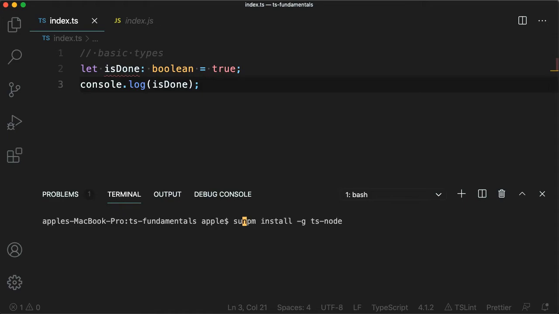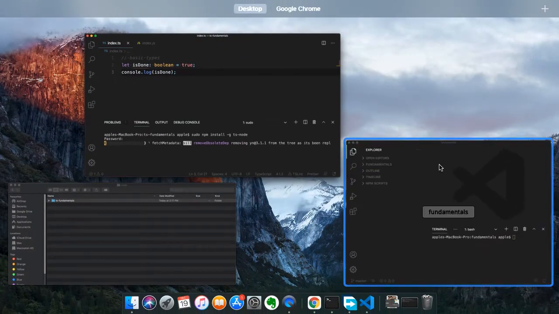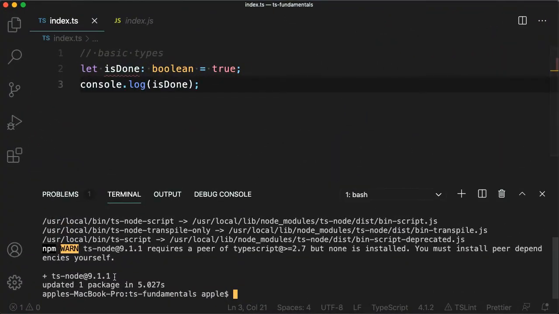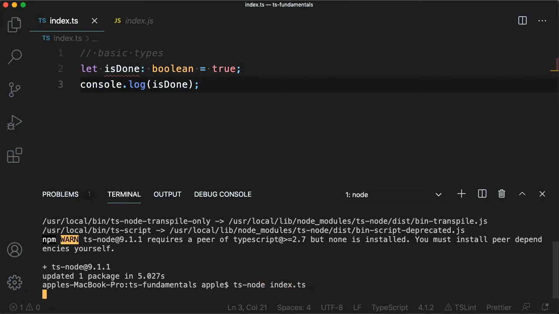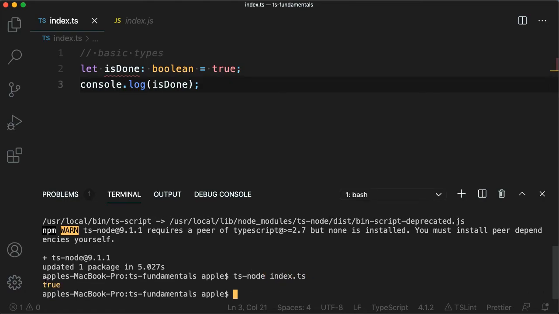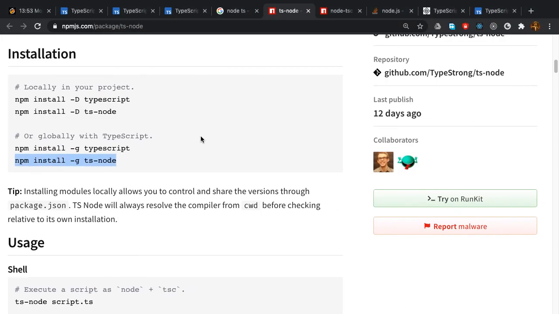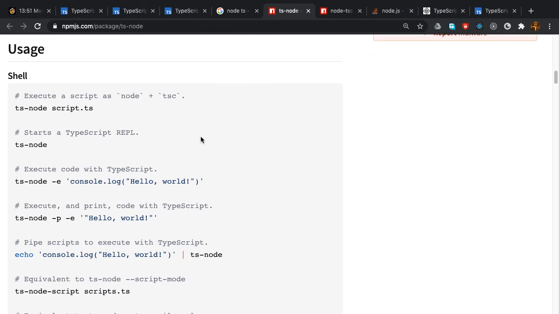I have to install it globally, so I'm gonna use the sudo keyword. ts-node has installed successfully. Let's say ts-node index.ts file. Now you will see the value, which is true. It looks good. So you can also